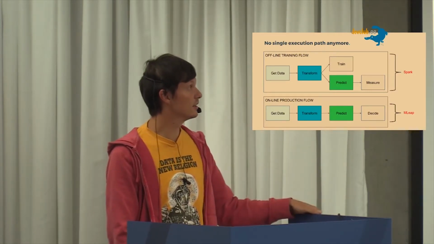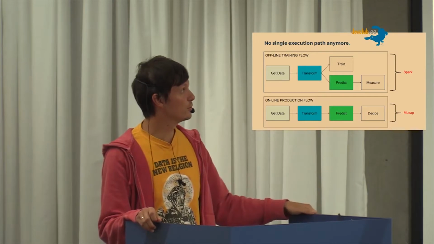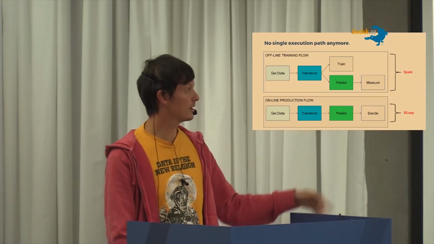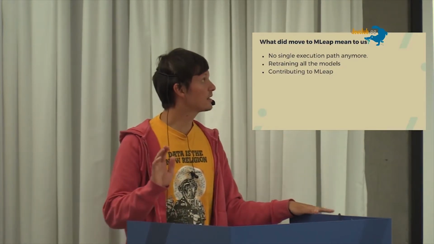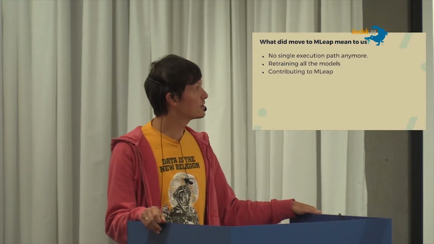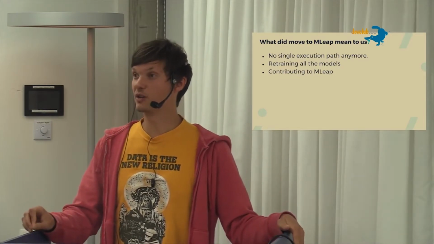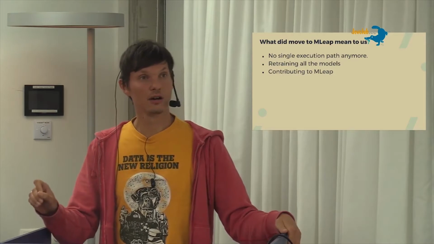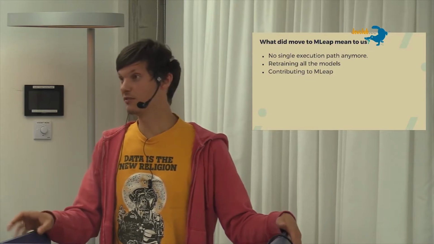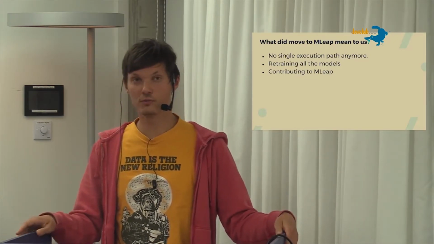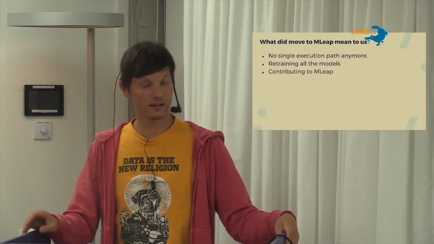Looking back at our diagram, Spark was used to train and test models, and MLeap to run predictions. MLeap actually supports almost all of the Spark models and transformers, except one, SQL transformer, which we were using in every model. So we had to rewrite all of our models, our feature generation, and retrain everything.